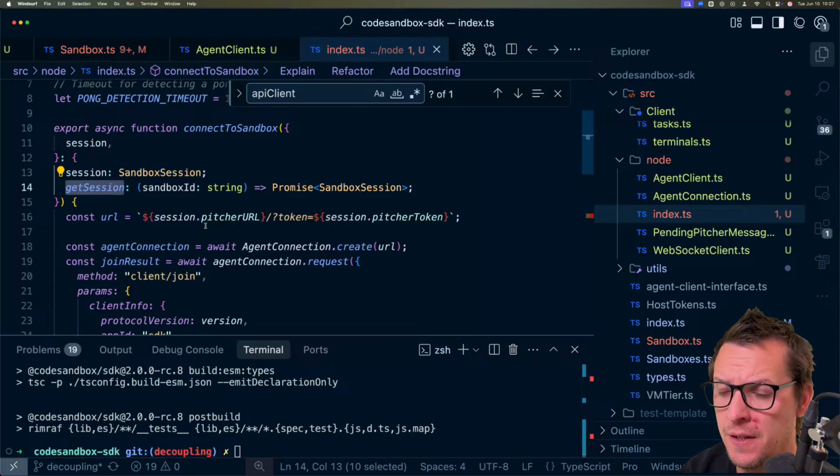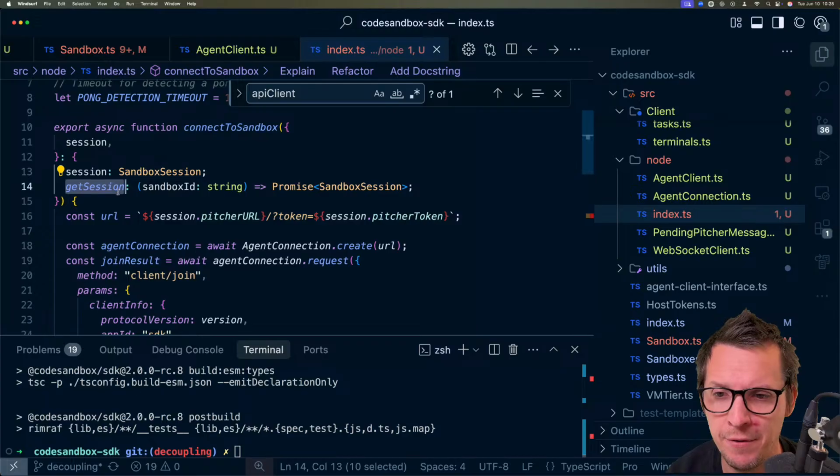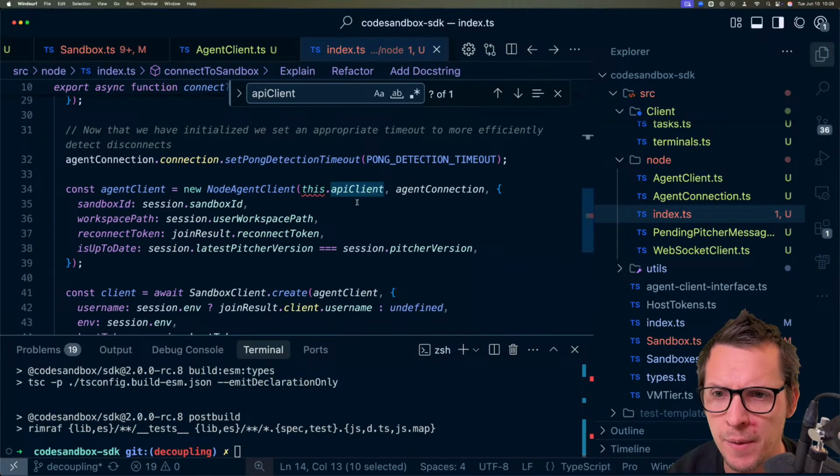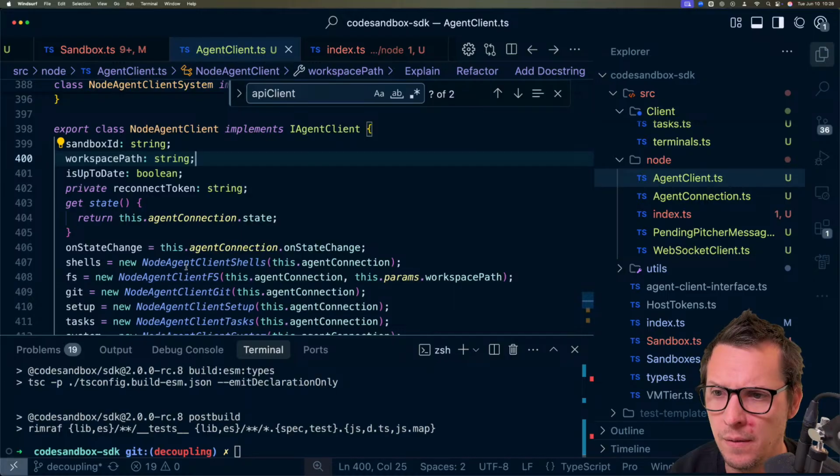And what connect does is internally doing this. Okay. This we have to do it like this, but let's make a change here. So node client has